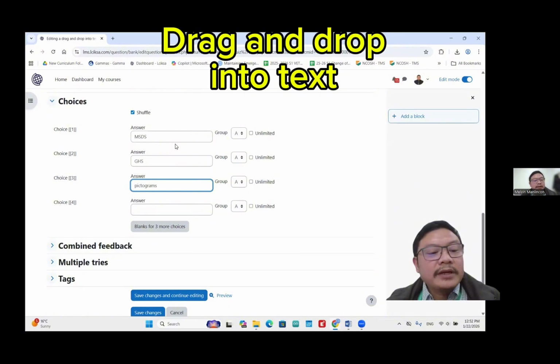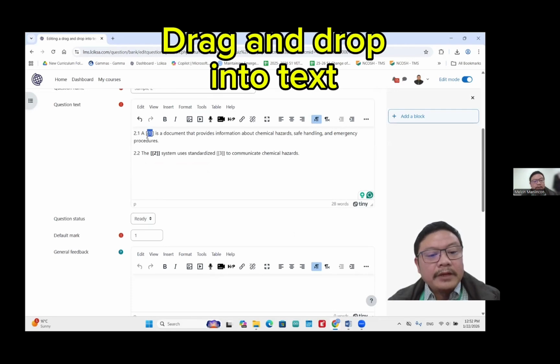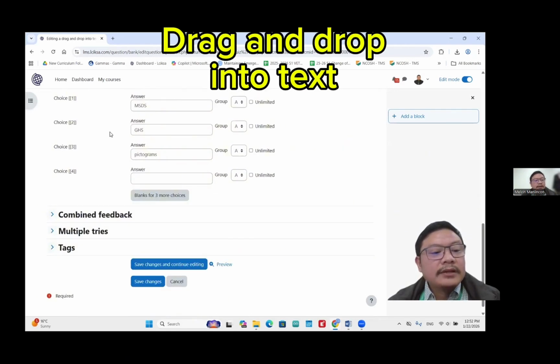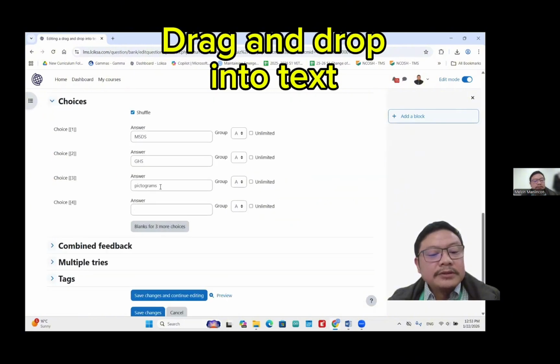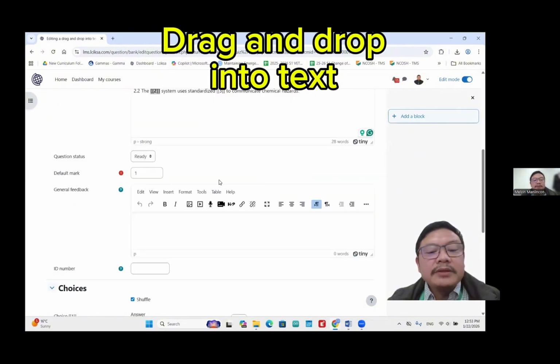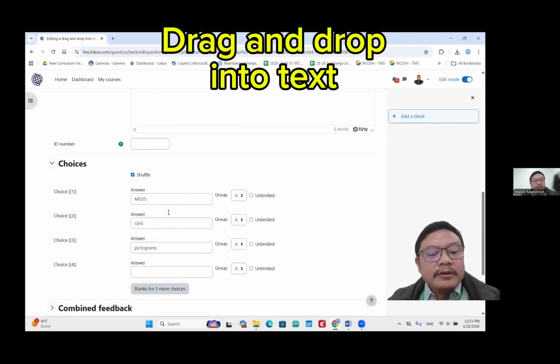So choice number 1 should be the correct answer on question number 1, choice number 2 will be the correct answer on this number 2, and choice number 3 will be the correct answer for this question.